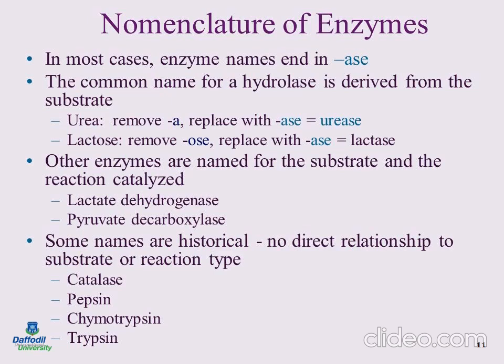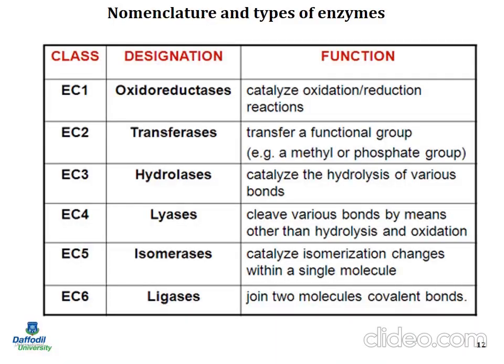And as I said, there are some of them which do not have an actual descriptive name. They are trivial names like catalase, pepsin, chymotrypsin, trypsin. They do not have a relation, but someone invented and kept the name like that. And for the classes of enzymes, there are 6 different classes. One is oxidoreductase, and we can say from this name, oxidoreductase, that it should help any substrate to undergo an oxidation or reduction reaction.